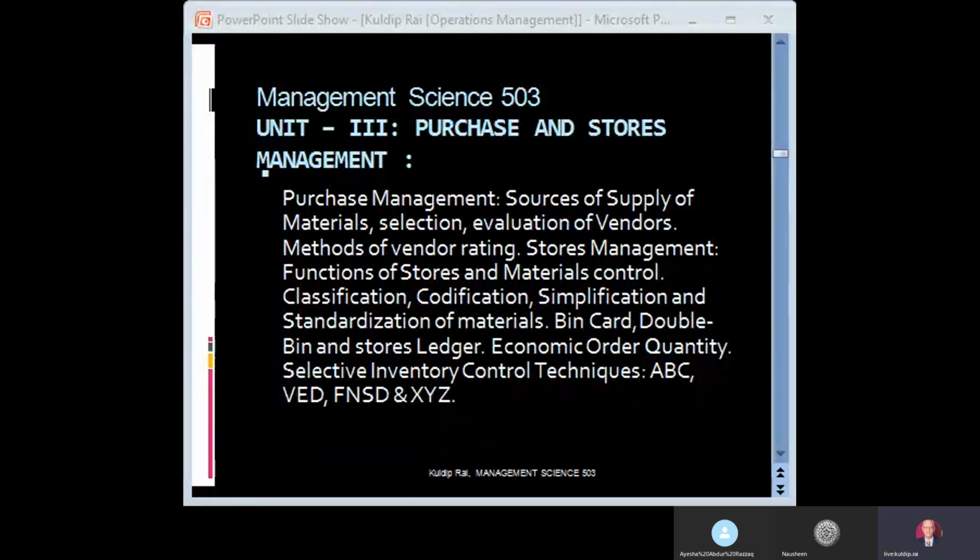We would like to buy from that source which supplies materials of good quality. Secondly, their price should be low. Third, their delivery should be fast enough so that our projects don't get delayed. Fourthly, they should give us good service. Okay, quality you can understand. Quality means adherence to specifications. Whatever specifications are required by me for that product, they should be able to supply the goods with the same